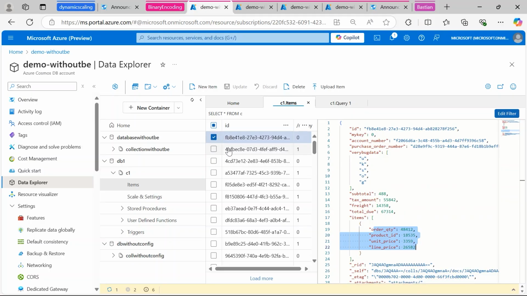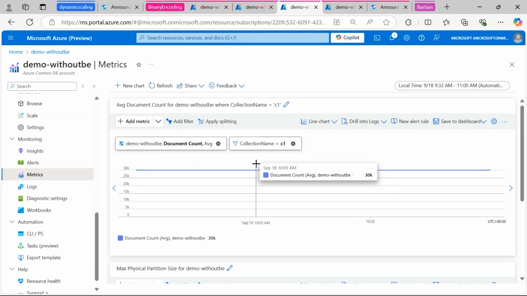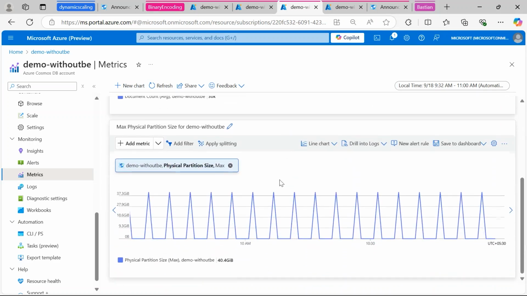This container has 30K documents, and I just want to show what the storage size is when a container has no binary encoding versus when it has binary encoding enabled. So let's see the real-time metrics being emitted by Azure Monitor. As I mentioned, for this demo, the account without binary encoding has 30K documents loaded, and if you see the storage or the physical partition size, it is 40 gigabytes.